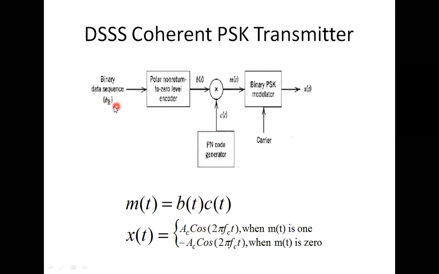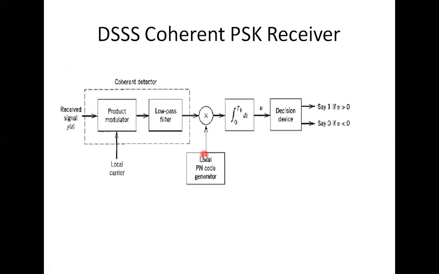basically the data, that is b of t here. Then further we know that we'll be using a correlator receiver followed by a decision device detector. This we had discussed already. And this will take a decision like what was the bit that was transmitted. So it is equal to 1 if this V is greater than 0, equal to 0 if V is less than 0. You can just refer to the BPSK transmitter and receiver block diagram to understand this.